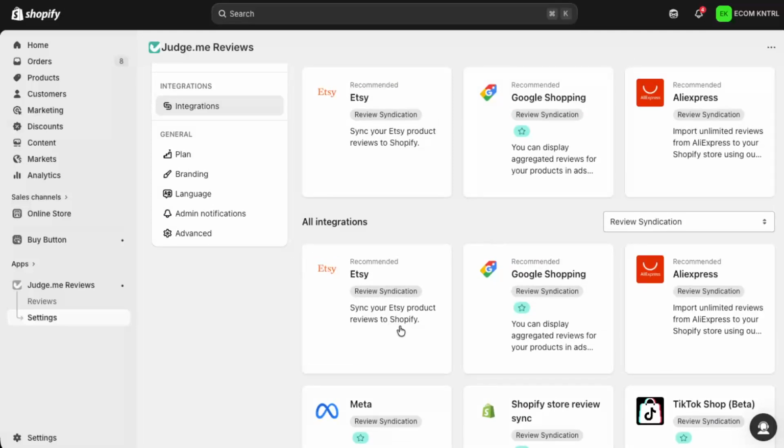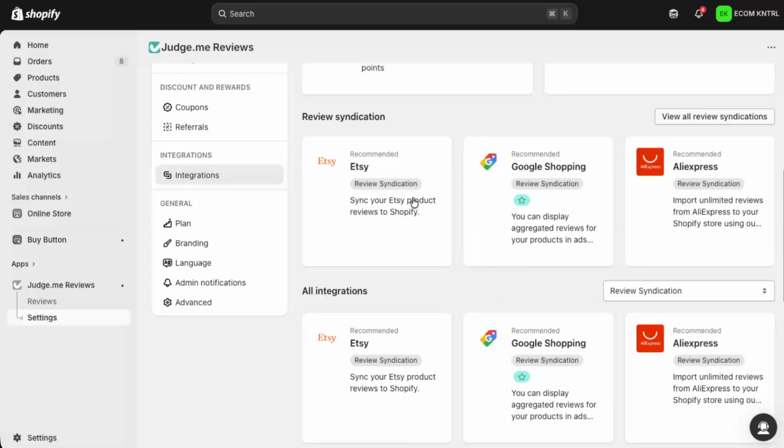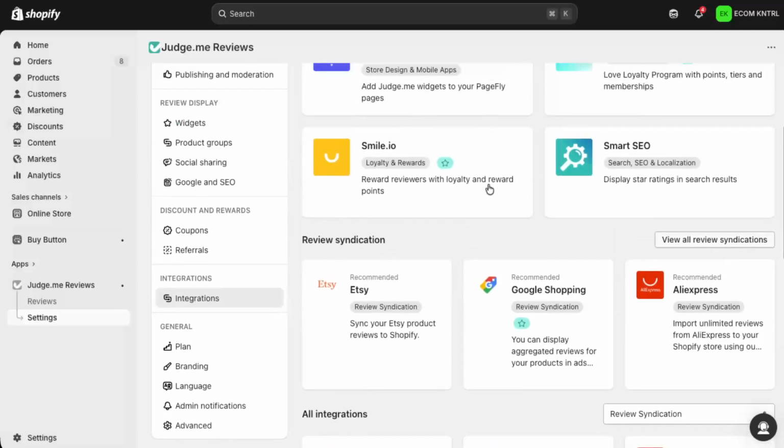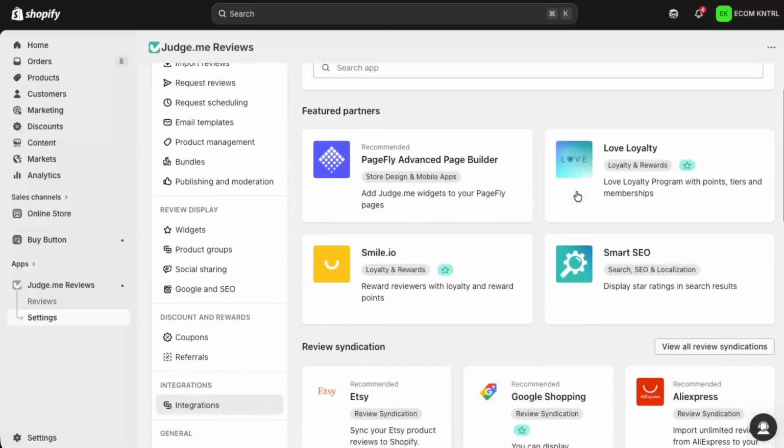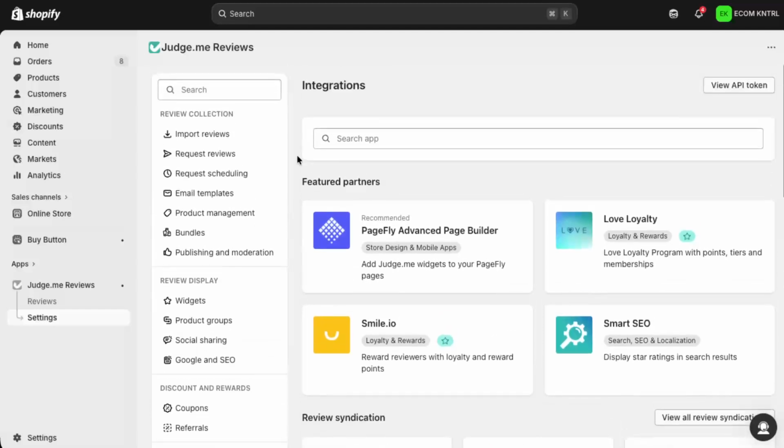Finally, you'll be asked to select the platform you'll be importing from. You might see options like major marketplaces, other review apps, or external sources. Choose the platform that matches where your reviews currently are. From there, Judge.me will guide you with specific instructions based on that platform, such as uploading a file or connecting an integration. Once that's done, your imported reviews can start appearing on your Shopify product pages, helping visitors feel more